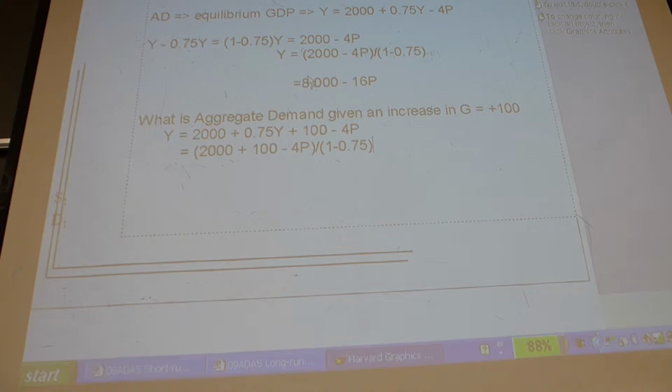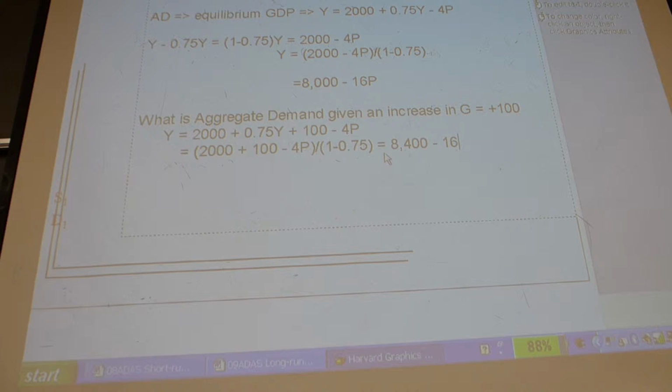Now you'll see that aggregate demand doesn't change by the amount of government spending. It changes by the multiplier times government spending. The intercept of aggregate demand shifts by the multiplier times the change in A. So this turns out to be 8,400